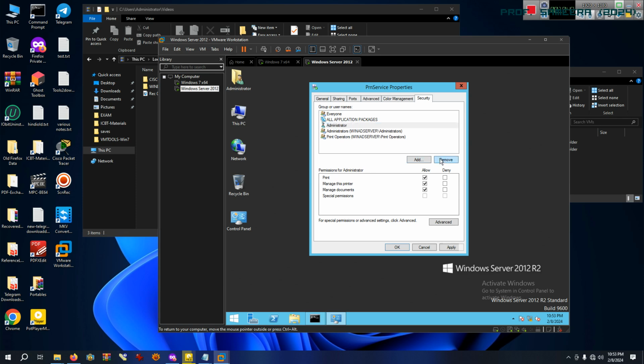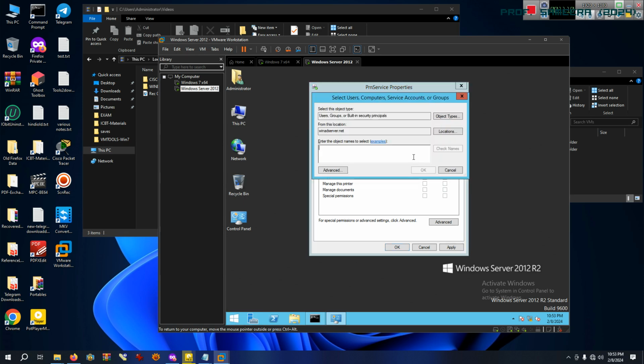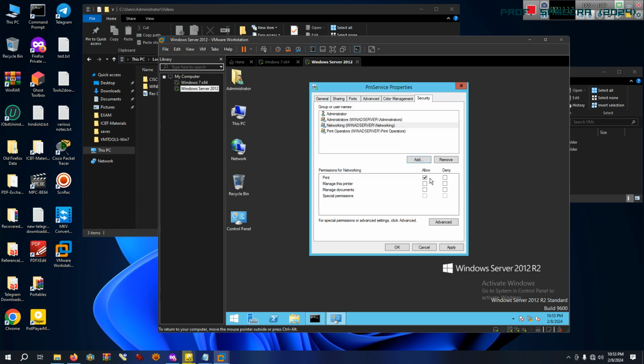Creator owner, we don't need that. All application packages, we don't need it. Everyone, we don't need it. So what we need to do now is add certain people. We created a group called networking. So we need to add the networking group into this place, right? As you can see now, say add. There's a group called networking. Networking group is there. So add, and then you can give the permission, allow, right? Allow